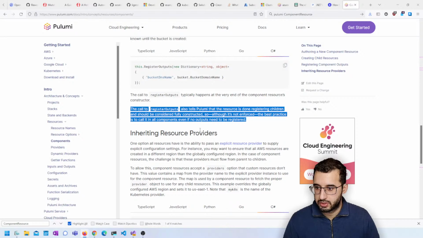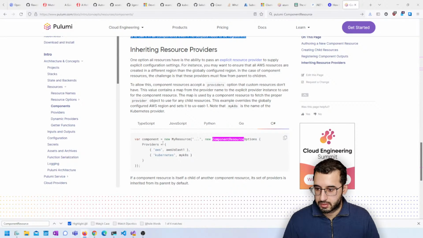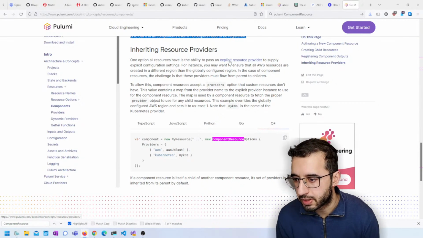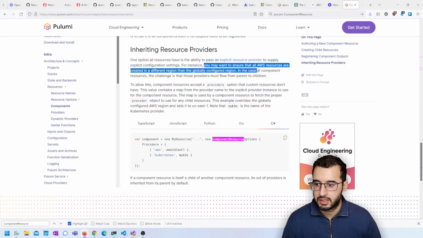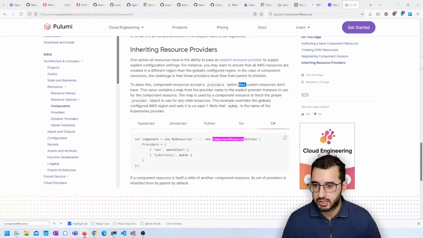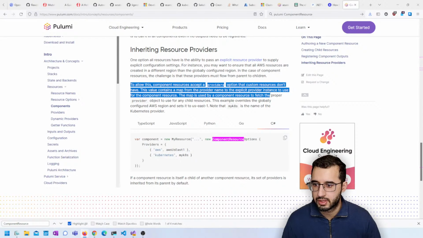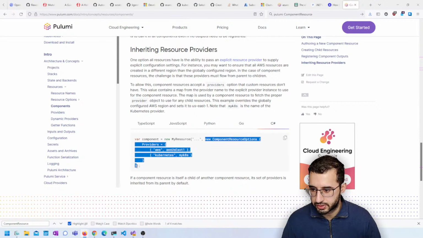Is done registering children, should be considered providers. One option all resources have is the ability to pass an explicit resource provider to supply explicit configuration settings. For example, you may want to ensure that all AWS resources are created in a different region than the globally configured region. In the case of component resources, the challenge is that these providers must flow from parent to children. To allow this, component resources accept a providers option that custom resources don't have. This value contains a map from the provider name to the explicit provider instance to use for the component resource. This map is used by the component resource to fetch the proper provider object to use for any child resources. This example overrides the globally configured AWS region. Okay, so this is how we pass options to our